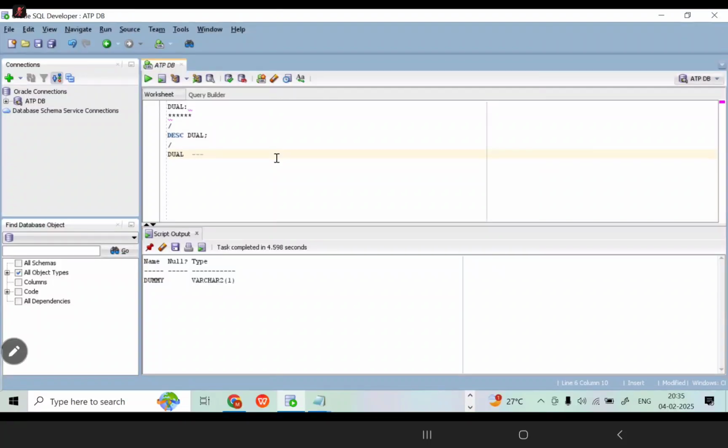What is the column name here? Dummy. Dual is a table. Dummy is a column. Okay. Now, for example,